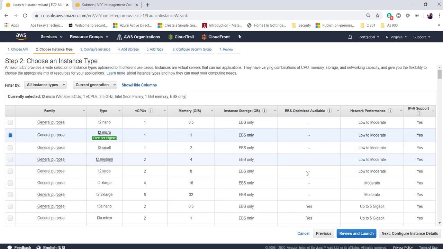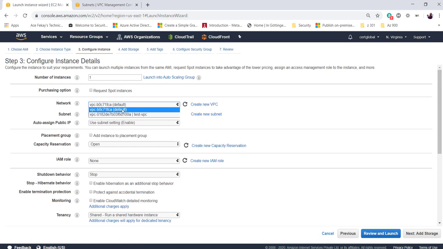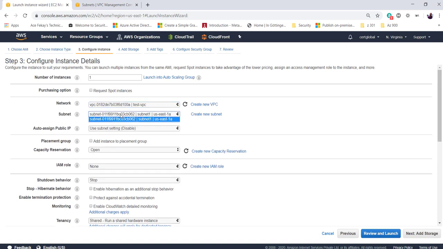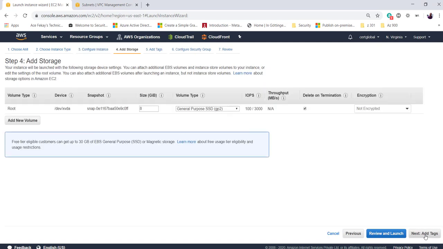Let's stick to T2 Micro because Linux is okay with one CPU and 1 gig of memory as well. I will go ahead and host it in my custom VPC, in my custom subnet, and make sure that I have a public IP assigned to it. So I'll set it to enable. If I set it to disable, then I won't have a public IP. It's just gonna be internally routable within the VPC. It's just gonna have a private IP if I set it to disable. Now I want to access it from the internet, so I'll set it to enable,